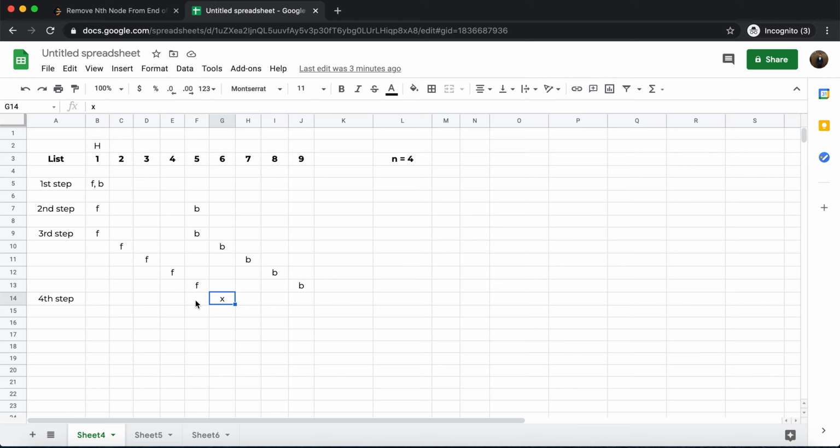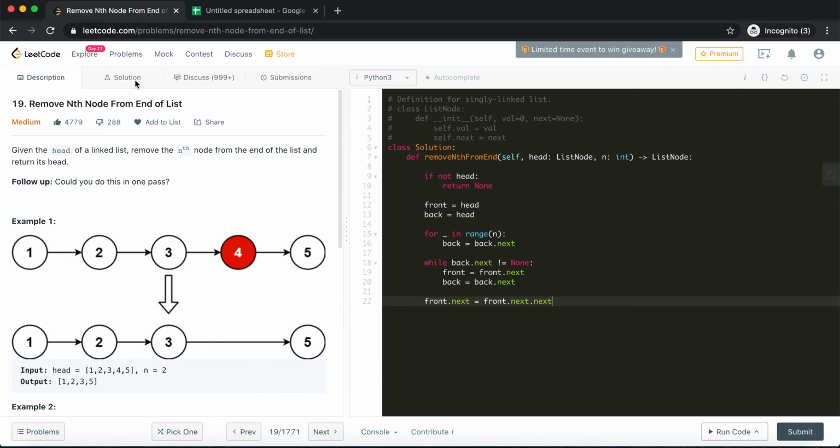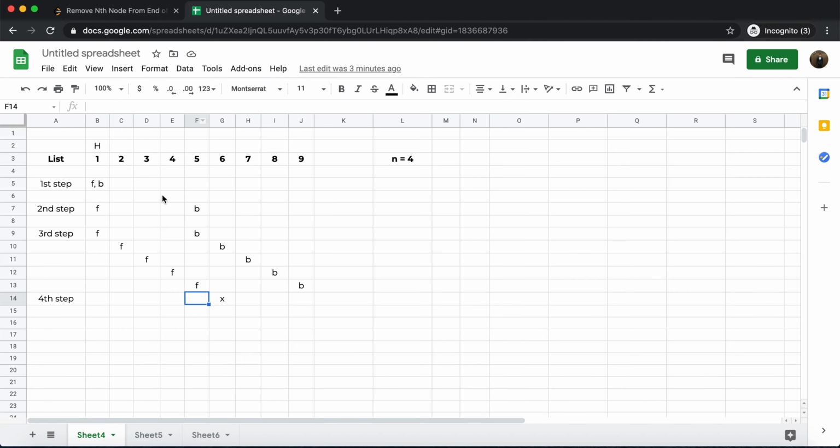So here what we are saying is front is currently pointing to the sixth one, but instead of the sixth one just point it to the seventh one. So that will eliminate this sixth element altogether, right? So we are just pointing 5 directly to 7. That's what we have achieved here. And lastly, we just want to return the head because that's what is required, right? Great. So that will really complete this particular logic.